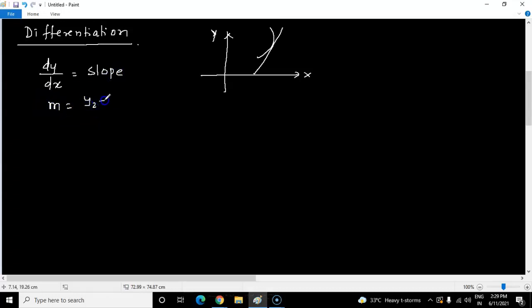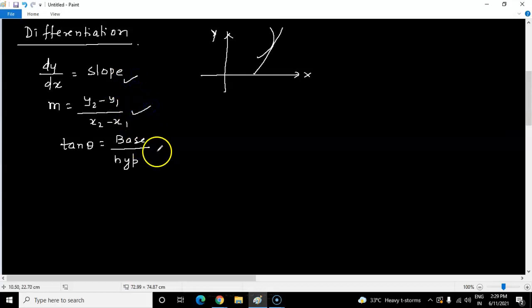Formula is y2 minus y1 over x2 minus x1. And the same in trigonometry we study tan theta is equal to perpendicular by base, right? So all three meanings are the same here. This one you have to study in the calculus. This is the coordinate geometry and this is the trigonometry. So here we are discussing the calculus. dy by dx is called